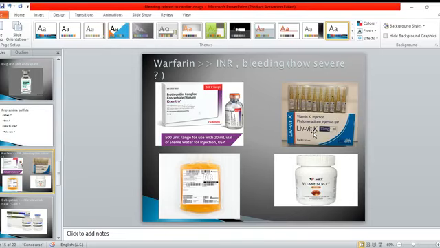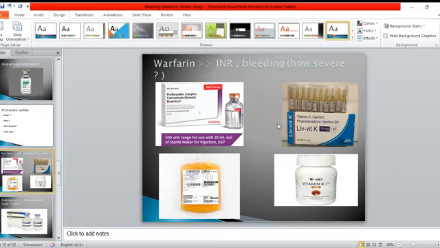Above 10 milligrams is quite a high dose, and may be associated with great difficulty in reinstituting warfarin again, if it's used for thromboembolism or atrial fibrillation. So no need to give above 10 milligrams IV vitamin K. Always give vitamin K by IV infusion, slowly. Don't give more than 1 milligram over less than 1 minute. If you are going to give, for example, 10 milligrams, you need to give it over at least 10 minutes, and it's better to give it much more slowly, maybe over 30 minutes.